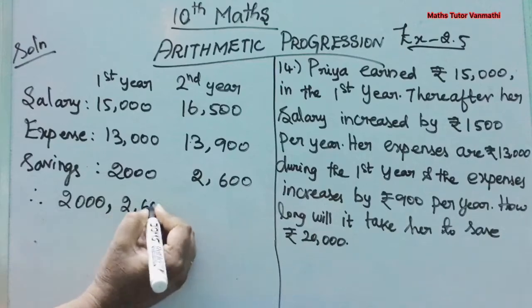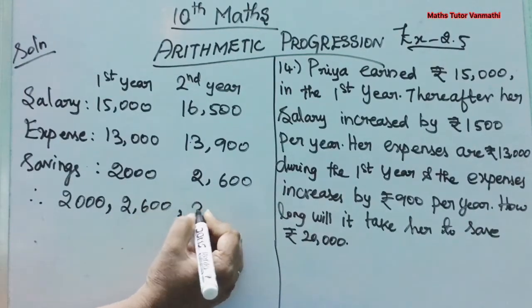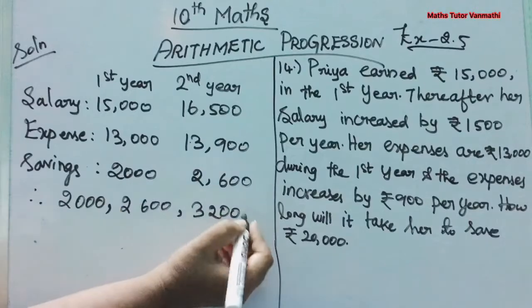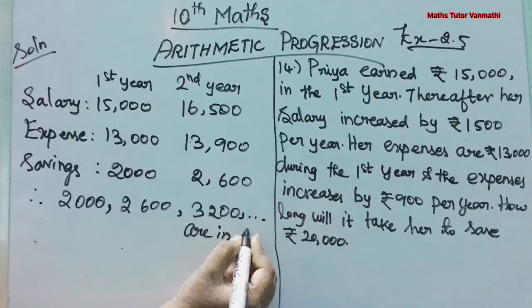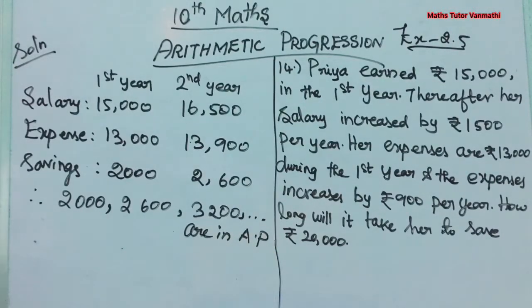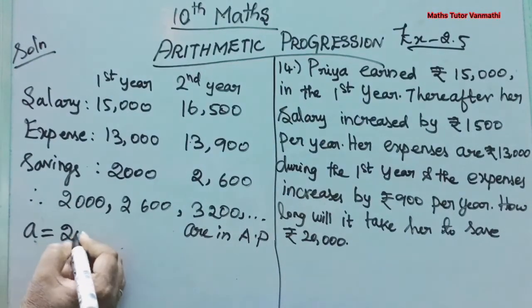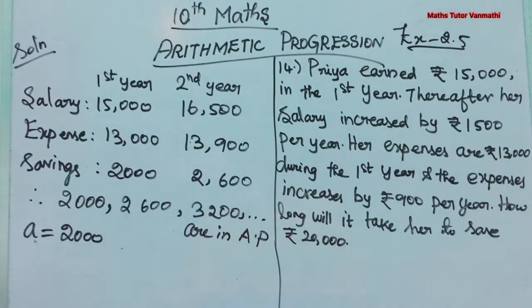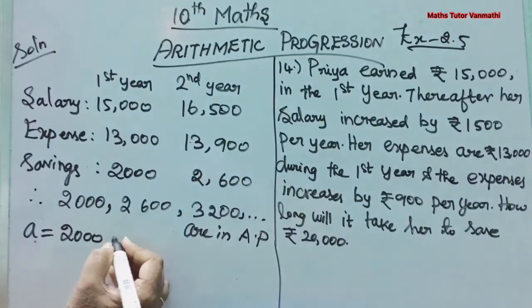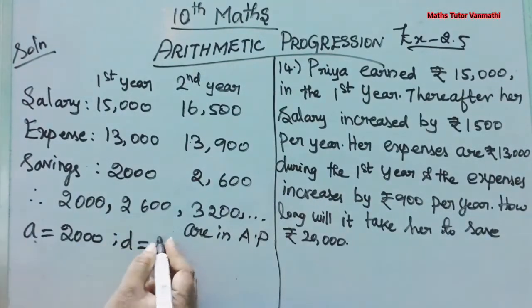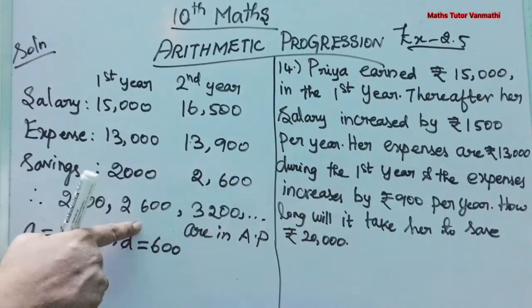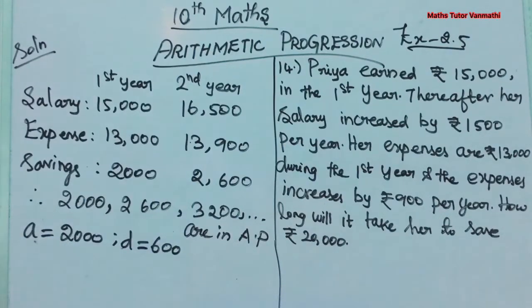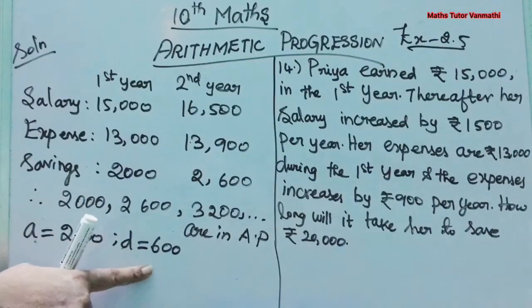So from this we can write it as an AP: her yearly savings first start from 2,000, next 2,600, next it goes on to 3,200, etc. It goes on. So her savings are in arithmetic progression, AP. Okay. So by this we can write the initial amount, that is our first term, is 2,000. Clear? Next, what is your difference? The difference between these two is 600. 2,600 minus 2,000, you will get 600. And again 3,200 minus 2,600, you will get 600. So your common difference is 600.